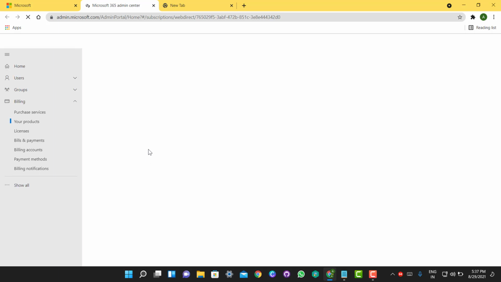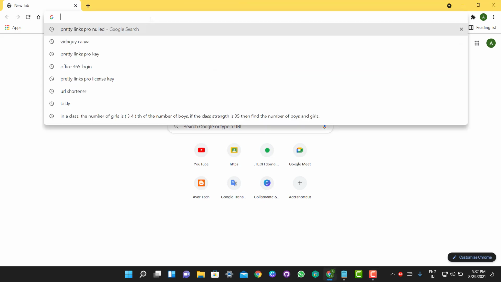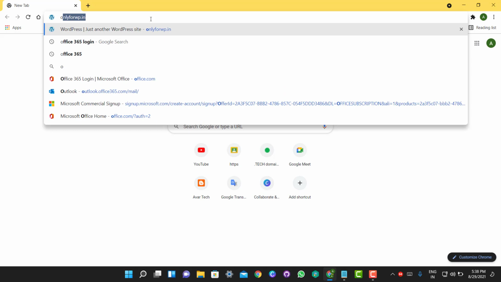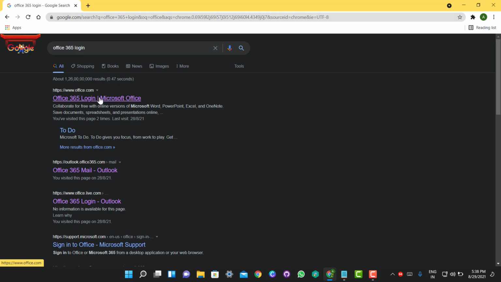Just click on start your trial and it will take you to the admin console, the Microsoft 365 admin center, and you will be in the admin center of your product. Now let's open a new tab and go to this URL office.com, or you can go to Office 365 login, and let's go to office.com,